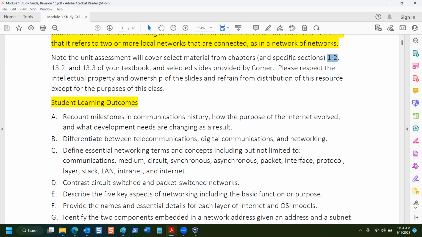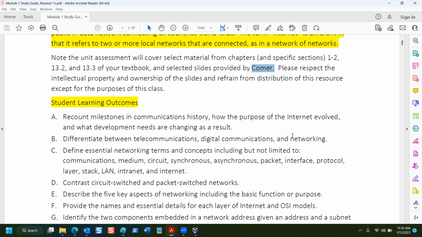Does anyone recall my reference to something called mastery learning on Monday? I talked about mastery learning on Monday. Yes, mastery learning. Part of our challenge is to strike a balance in this class. You have an amazing textbook, an amazing reference written by a guy who's a pioneer in the industry, Comer.